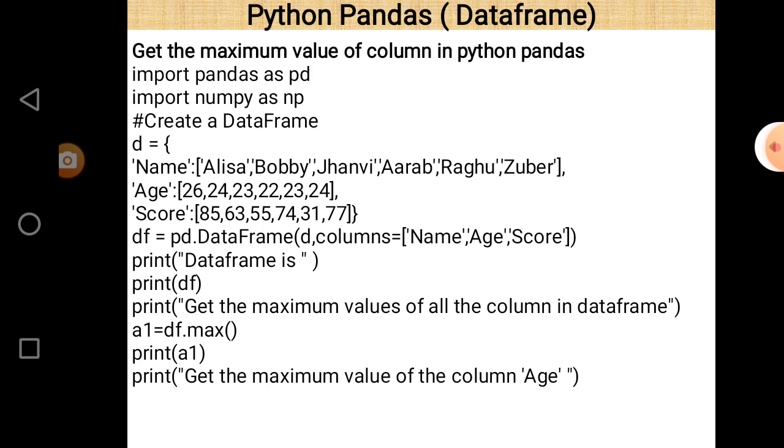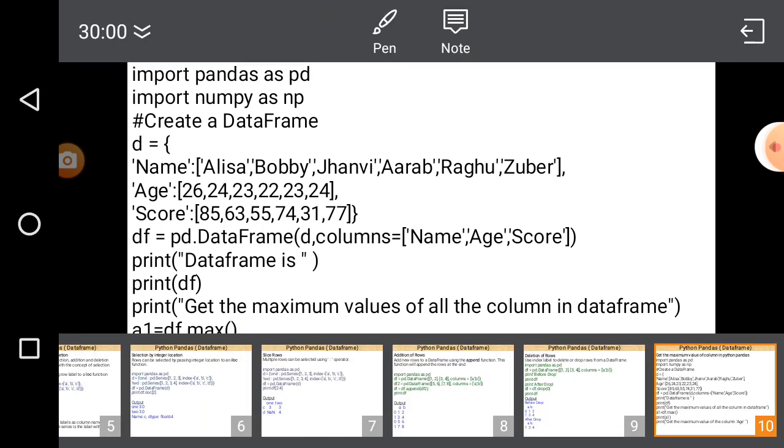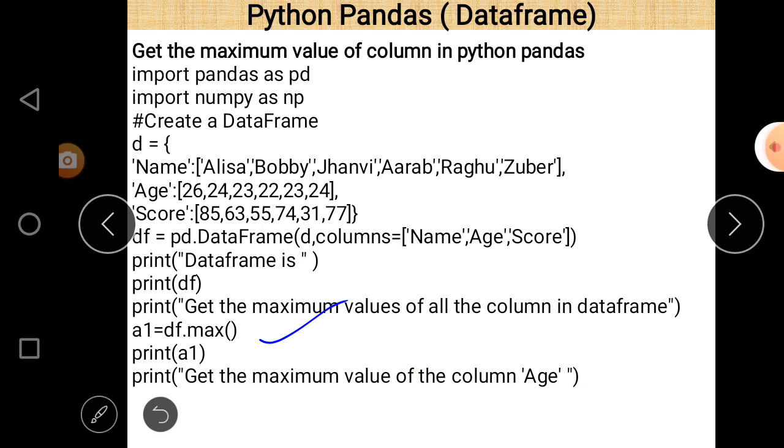Now if we find the maximum value of all columns in a data frame, then we use the function max. So the max function is used to find the maximum value. This is an important point. df.max is assigned to variable a1, and after that there is a print statement which prints a1.